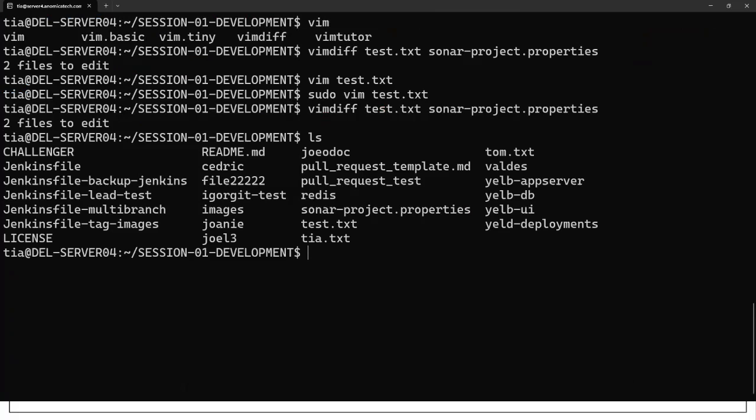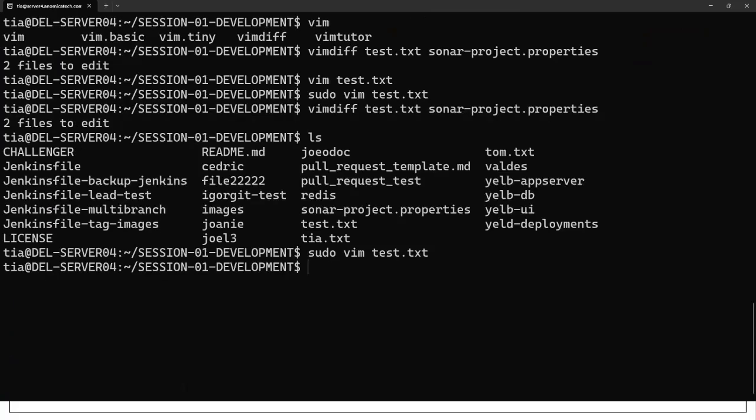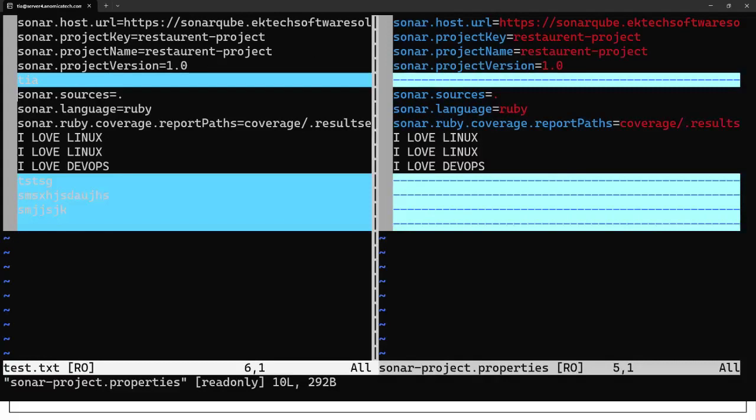Ls. Let me go into that file again, and I'm going to put more stuff. Let's say at the end, I want to add a couple of lines here. Just maybe say I love, maybe I can even copy something, or add anything so that we can test that. If you save this and compare these two files again with vimdiff, and hit enter, it is saying